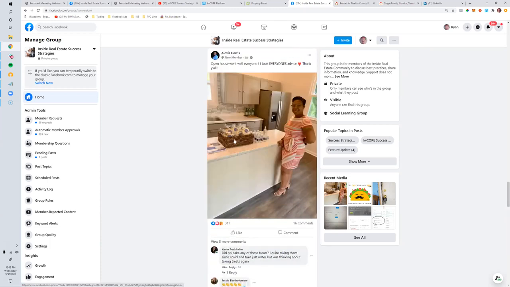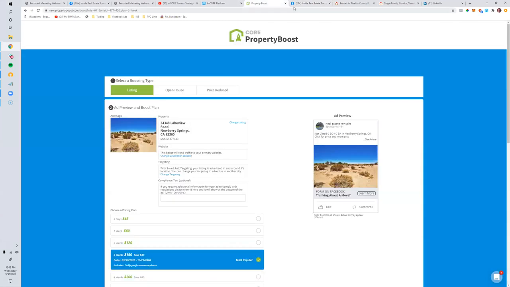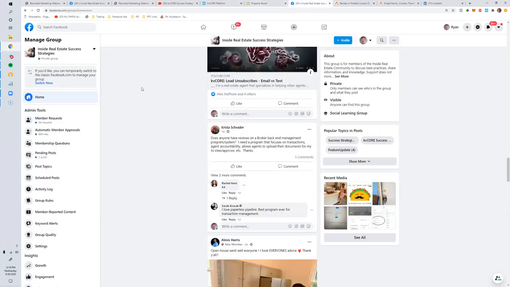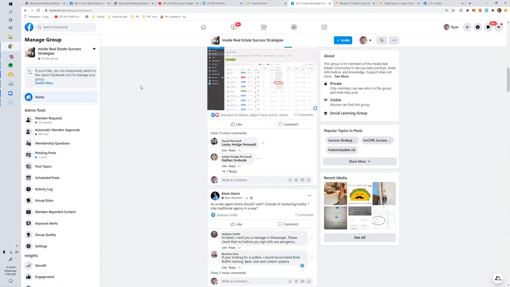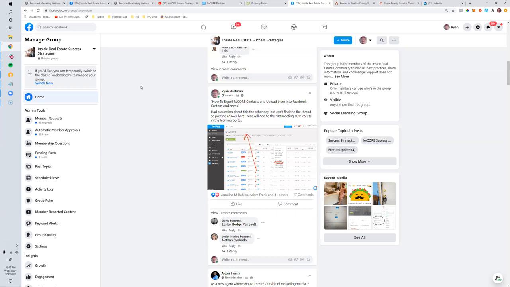But what you could do is go into your local groups and say, hey, just curious, does anybody have a house to sell? That would be a really overt way to do it. You could just say, hey, just curious, does anybody in the so-and-so neighborhood, maybe join a local neighborhood group, is anybody thinking about selling their house? I've got a buyer. That would be really overt.